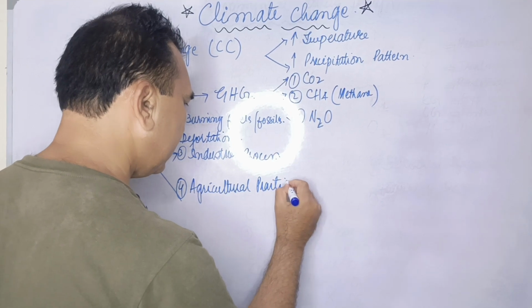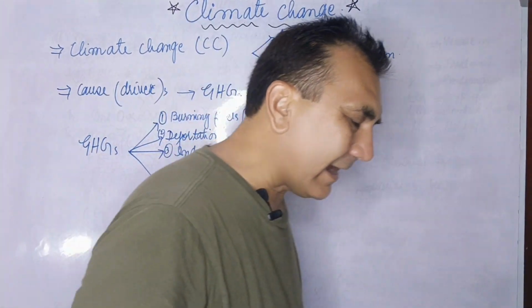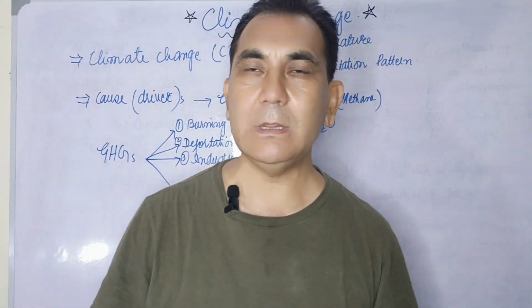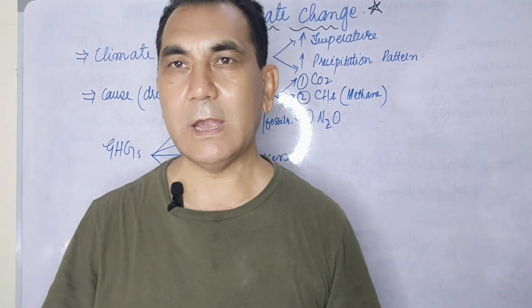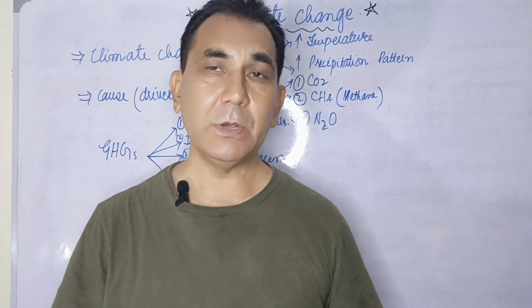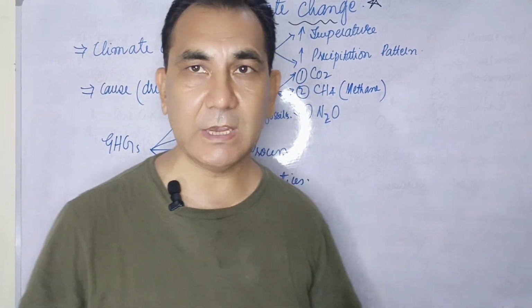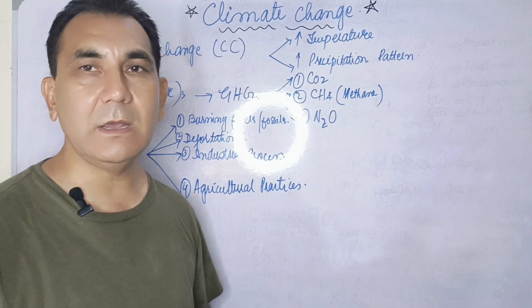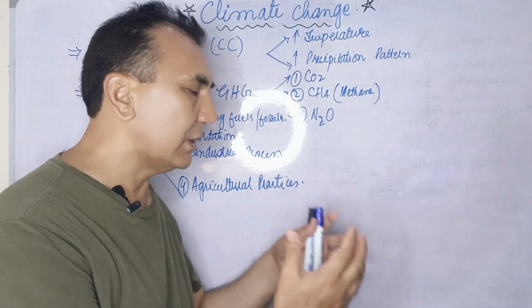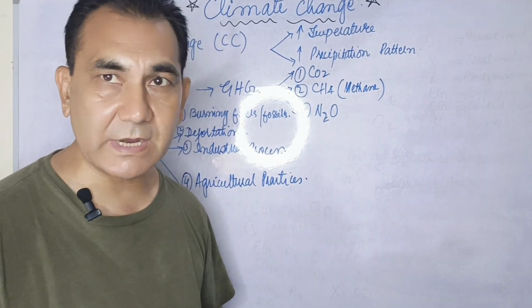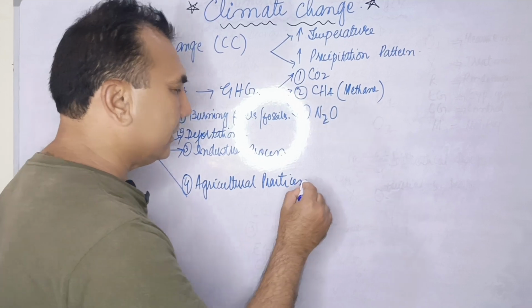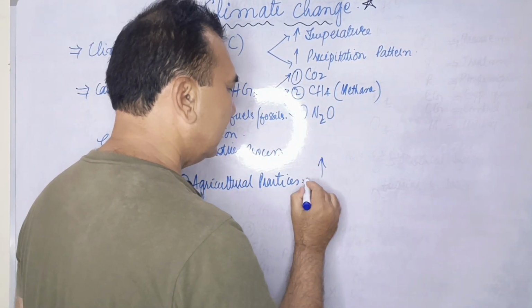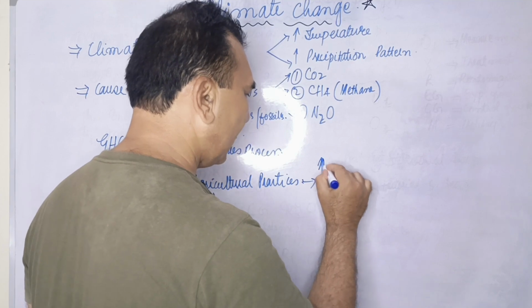Agriculture practices. The agriculture practice is to burn the raw material of the agriculture and prepare the land for another crop, which causes the emission or release of a lot of carbon dioxide gas or carbon monoxide. And the second one in agriculture is the huge use of nitrogen